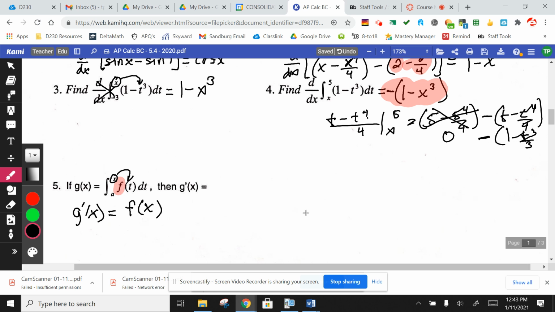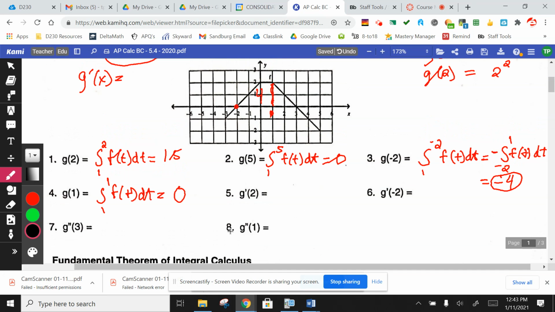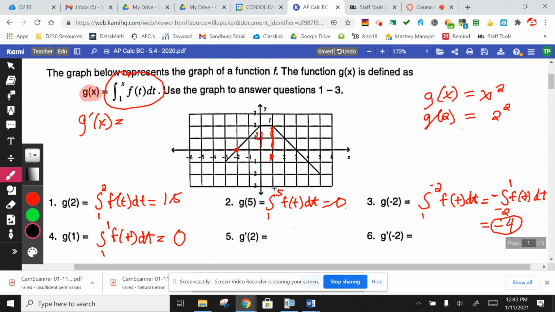So don't flip the page, because now we're going to go at the top of the page and answer these questions. So if I now want you to do number 5, find g primed of 2. Notice how I left this blank here initially. We no longer now need to leave that blank. If I ask you what is the derivative of this function here, we now know the derivative of that. The derivative and the integral would have canceled. Whatever f would have been at the beginning would not change. It would ultimately end up being the same, but it now becomes a function of